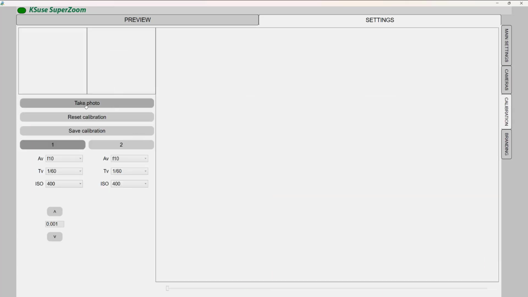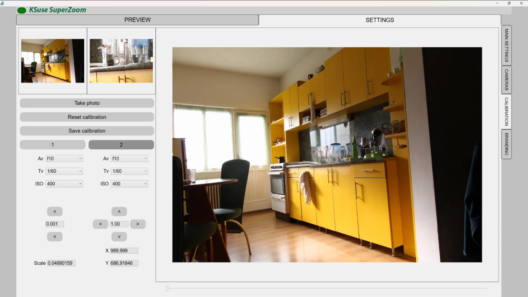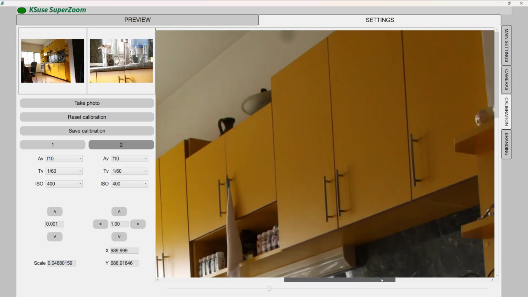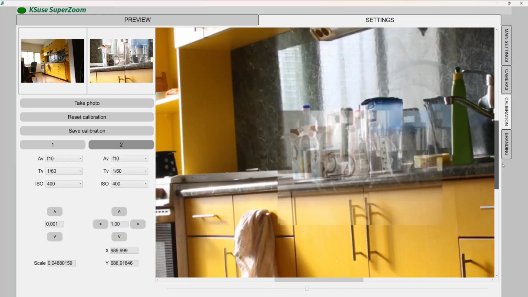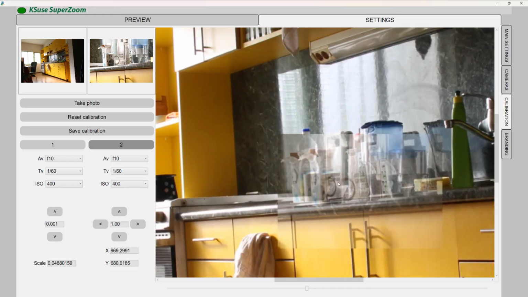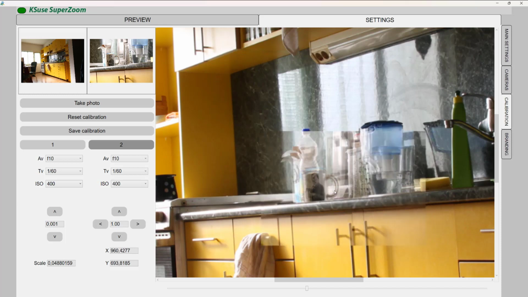Let's move on to calibration. Let's try to take a photo. In this window, I resize the second image and its location so that it matches the first one as closely as possible.